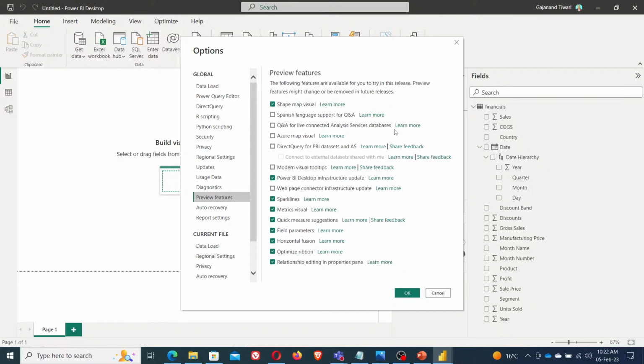In this, whatever new features come, accordingly they will be displayed here by Microsoft automatically. You don't have to worry about that. If you want to use them, then you can use them. Otherwise you don't have to. So here, whatever option looks good for you, you can pick up